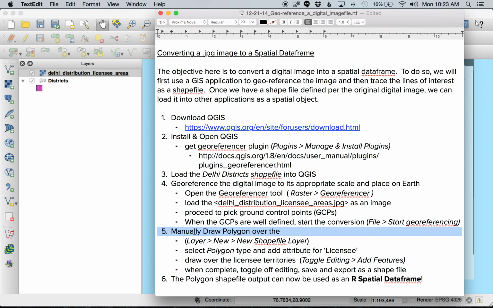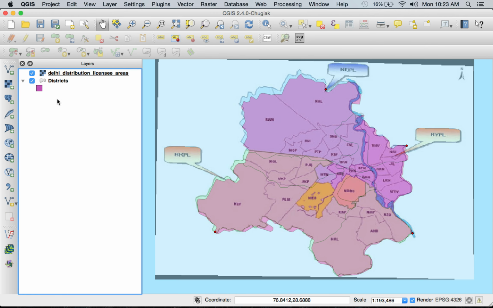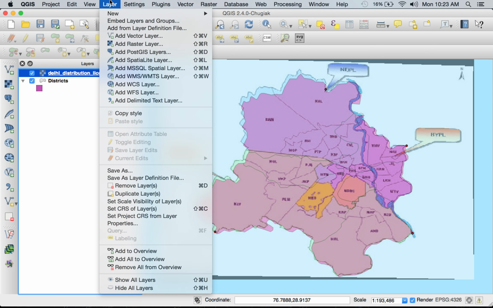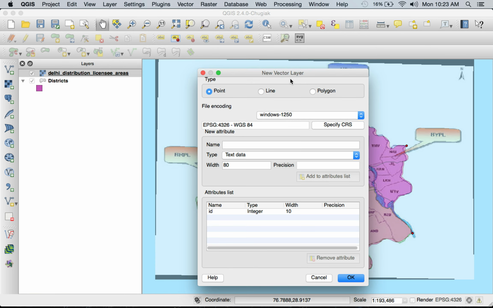And once we have a new shapefile defined manually, we can save it as the licensee boundary area and use that in any other program. So this is the second to last step essentially. I'm going to start this manual shapefile drawing process. To do that, I'm going to go to Layer, New Shapefile Layer,